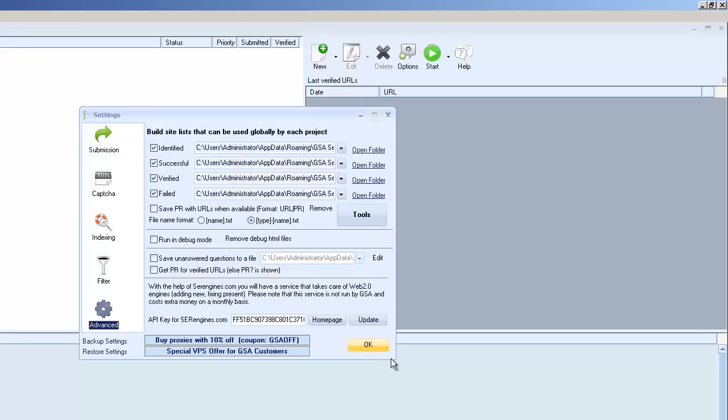We're going to go ahead and start with advanced. In this section, you'll notice that we have the ability to set up folders to globally capture properties that we're making links from. So we want to go ahead and do that. You'll notice that the first four boxes are checked. We want to go ahead and check those, and that's going to enable GSA to create a database or a list of the sites that it has identified, successfully submitted to, verified, and failed during your campaigns. So you'll have a database, or an inventory, of sites that you can easily use for linking from